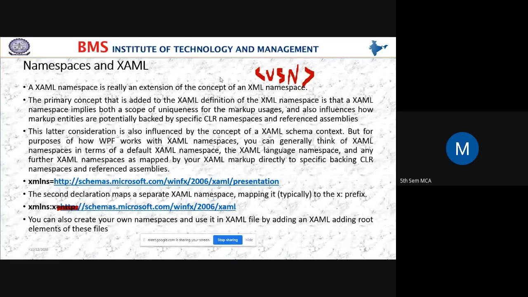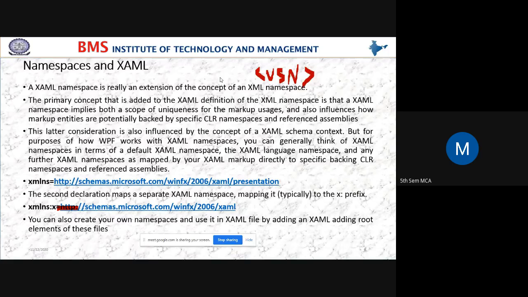Generally, in HTML, we have some predefined tags like body tag, header tag, title tag, bold tag, center tag, table tag, table header, table column, table row. We have some predefined tags. But using XML, we can create our own tags like name tag, USN tag, color tag, fruits tag, however the user wants.